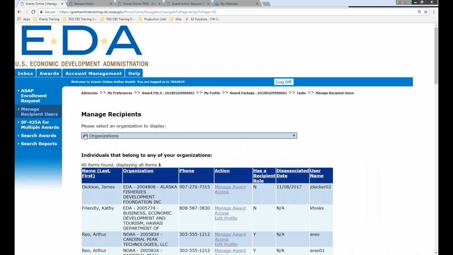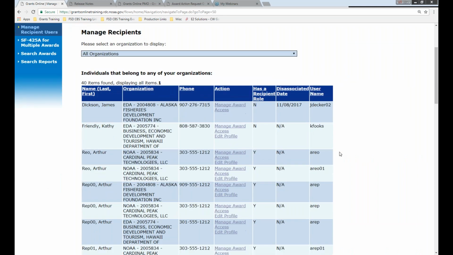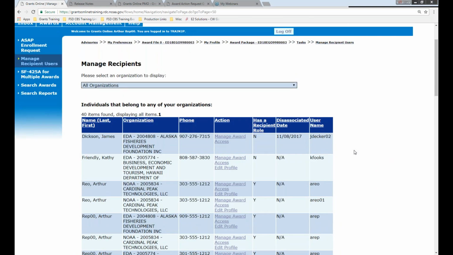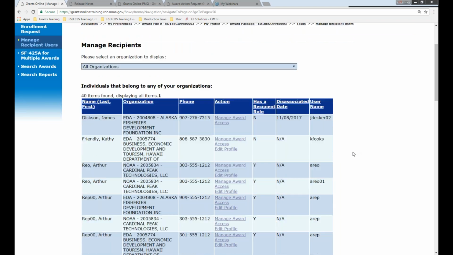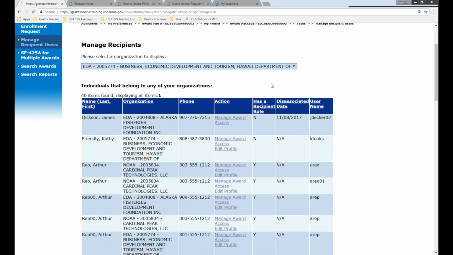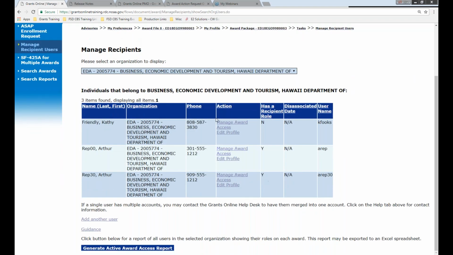When you click on that link, you get a list of the users that you have access to, all the users for any of the organizations that you manage. You can see them right here. You can actually filter it down by selecting a specific organization, and that filters it down to just the 3 that are on this award. And so now at this point, I can